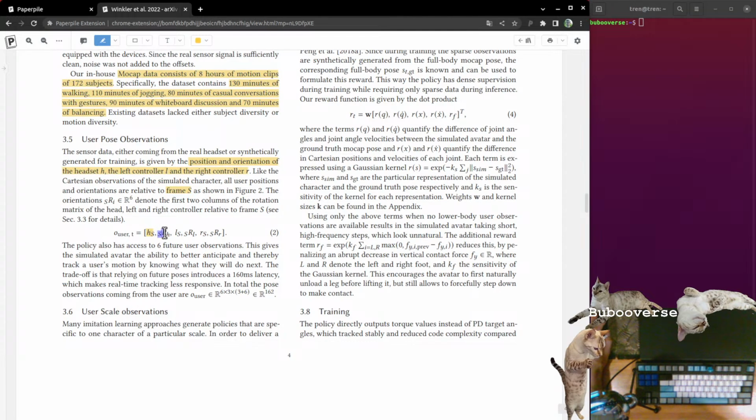The first two columns of the orientation matrix of the headset, the left controller position, the first two columns of the left controller orientation, the right controller position, and then the first two columns of the right controller orientation. So, 6 future user observations. This gives us the ability to better anticipate